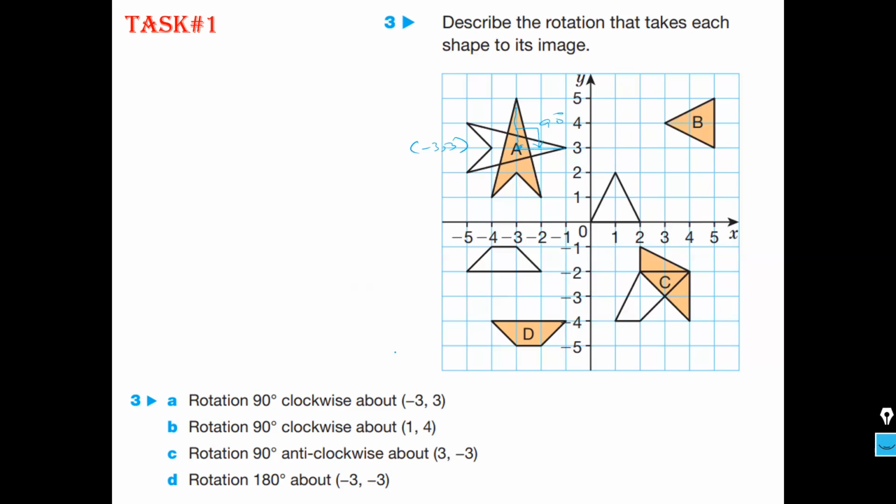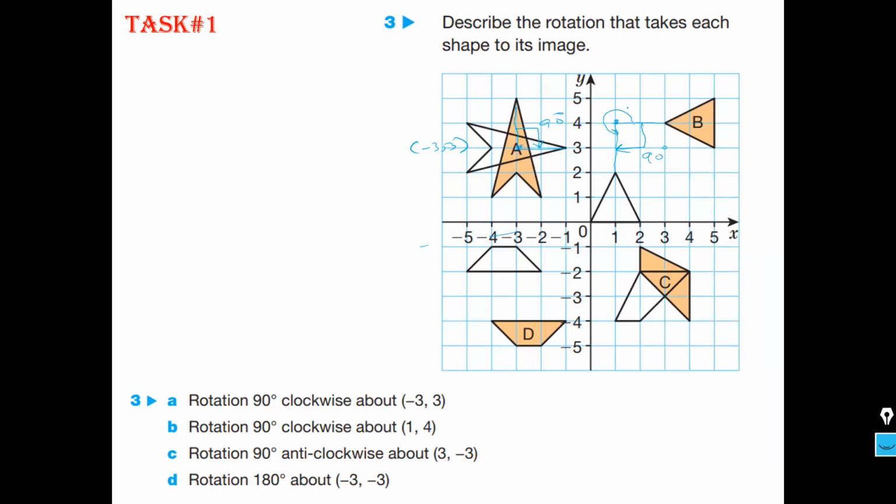Then we look at B, rotation 90-degree clockwise about 1 and 4, B part. B part is 1 and 4. So here 1, and this is the point from where these 2 points are making a 90-degree angle, but that one is clockwise. How clockwise? See this one. From here you look at this 90-degree clockwise, or if you make that